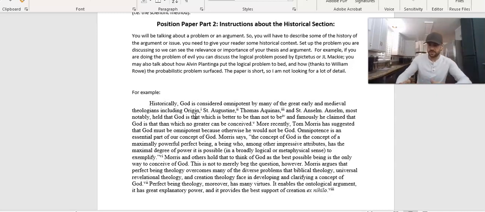So you want to have a little bit of a literature review for this paper, which is going to be kind of what are some of the arguments and what are some of the theories that have been discussed and have been held by different thinkers who have discussed this topic. And then you're going to set the stage for your contribution, or so if you could do something like, there's these two theories about